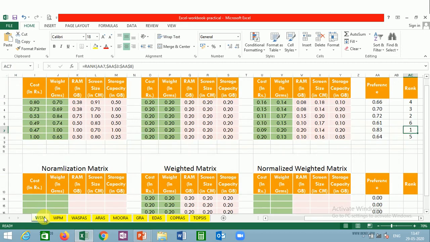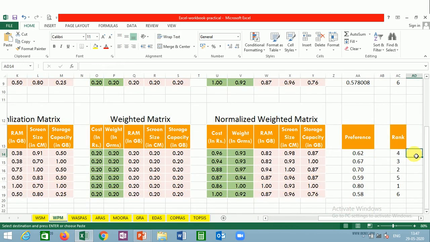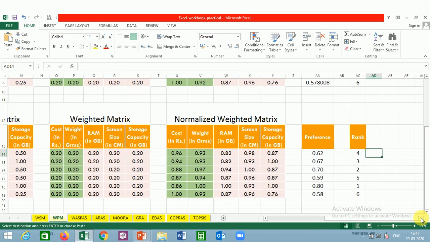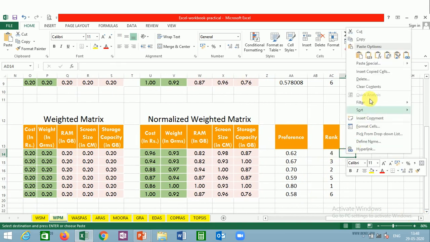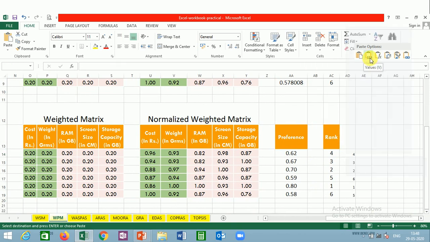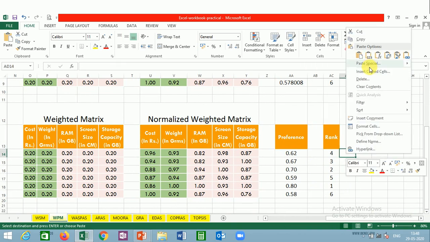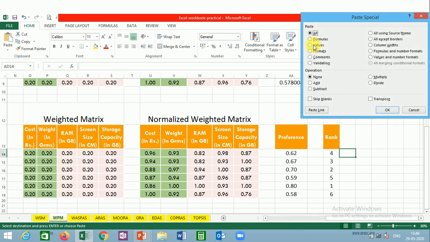Here in WSM the model, I'll copy these values here so that we'll be comparing these two values. Now whenever you are pasting things into Excel, just right click on it, instead of normal paste, you select the paste special. Whenever you select the paste special, select the value and then just say OK.